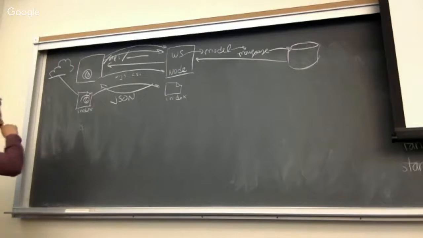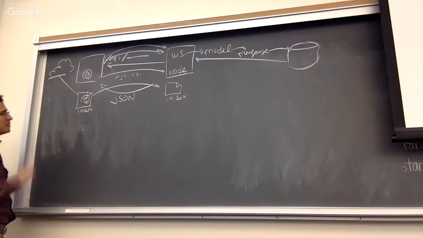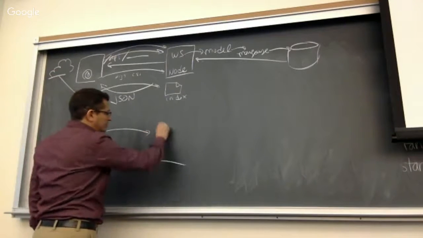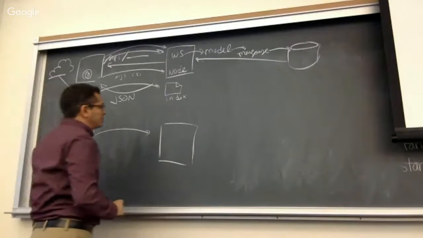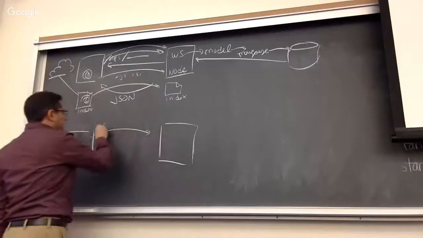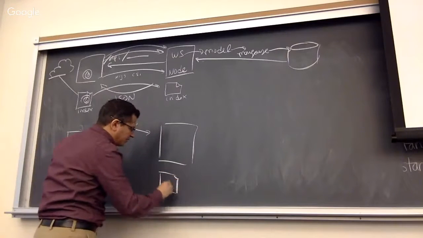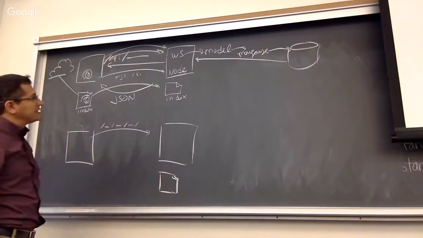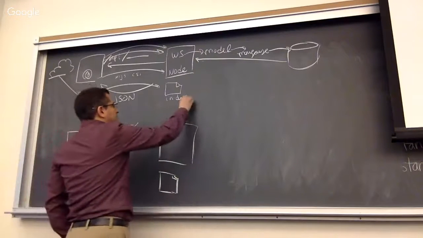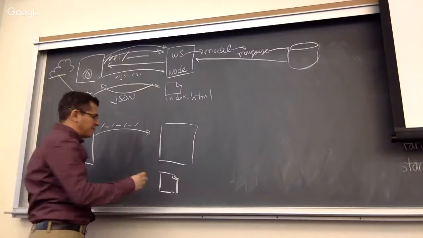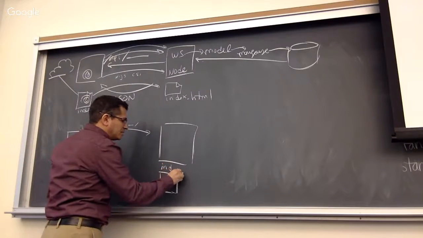So on the server side, it's a little bit different. Server side, a web server that has pages. Here, we still have the browser, and the browser is going to make a request to the server. And what we're going to do is map this route to a local file that is no longer going to have the extension .html. Instead, it's going to have a different extension, right? Maybe it'll be index.ejs,